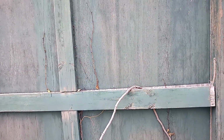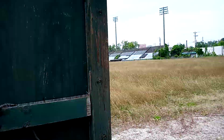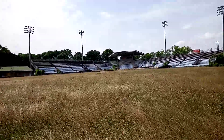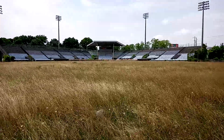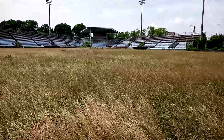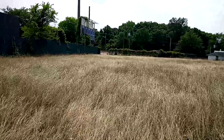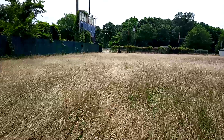I'm not sure how bad the wind is going to be. It's very windy out here, but today we have come to a historic baseball park, and I'm way out in center field at the moment, kind of like normal. Usually I'm out in left field, but it's going to be a bit of a walk to get to the actual stadium. If you look over here, you can actually see the scoreboard. Let's go ahead and walk over there. Have to be very careful about snakes